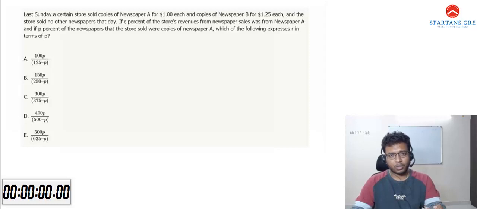So my suggestion to all of them is don't look at word-based questions differently from your numerical questions. Numerical-based and word-based are not two different types of questions, they're one and the same. The word problem is nothing but you adding some extra data and making it bigger, that's it. So a word-based question is nothing but numerical data. If you are thorough with your concepts, these word-based questions will be a cakewalk for you. So don't worry about them. From now on, at least, don't look at word-based questions separately from numerical questions, right? Deal with such questions with confidence.